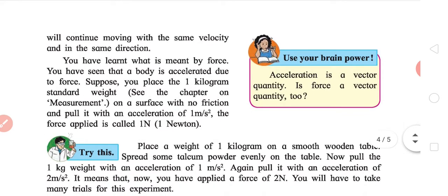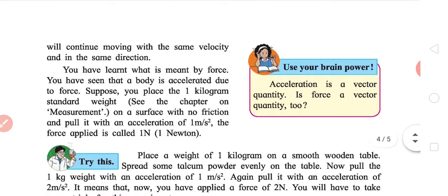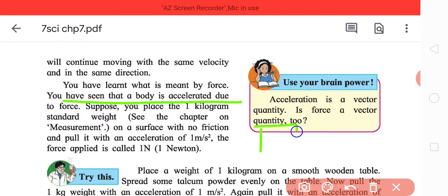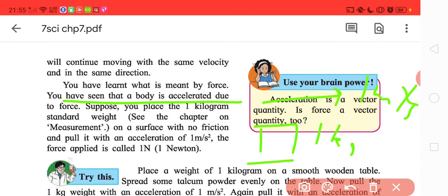Now, you know what a Newton is. In the above example, we saw a body accelerated by a force, like the striker. If a 1 kg body is moving at an acceleration of 1 meter per second square, basically for every 1 second the velocity increases by 1 meter per second, then this force is called 1 Newton. This is 1, and not Roman I.